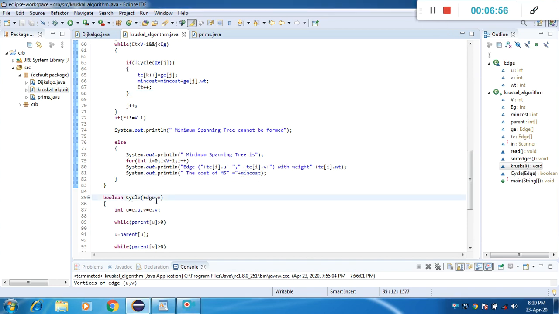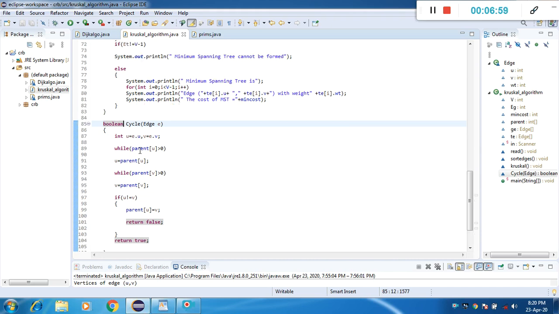Then cycle is a function to check whether the edge you are selecting makes a cycle in a spanning tree or not. When it makes a cycle, don't choose that edge; avoid including it into the resultant graph.